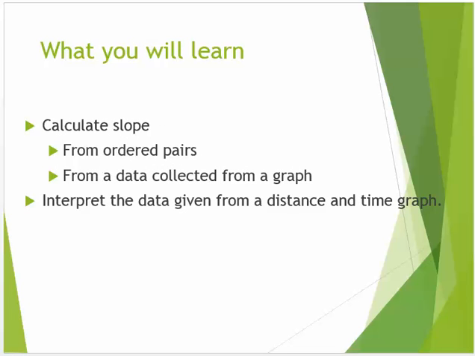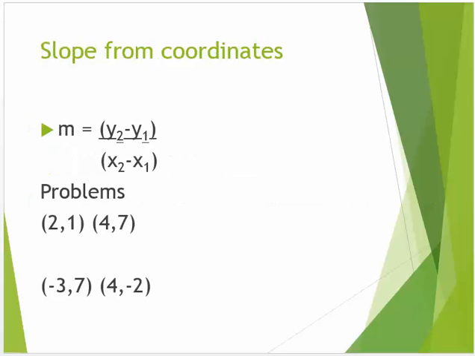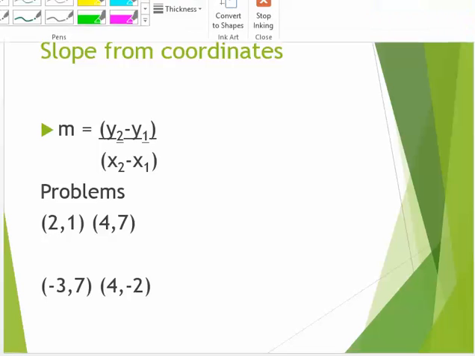Today, what you're going to learn is how to calculate slope from ordered pairs from a set of data collected from a graph, and interpret the data given from a distance and time graph. So these are the things we're going to be doing. First of all, let's review how to find slope from coordinates. Hopefully this is just review for you guys, but what we want to do here